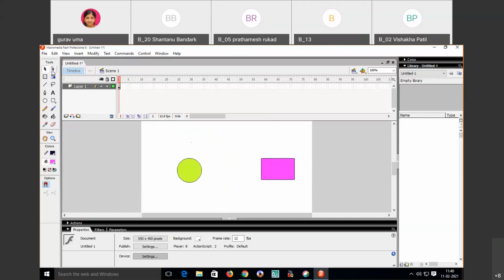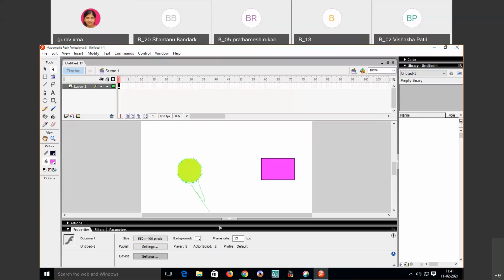Now we have the sub selection tool. We will see the sub selection tool from the toolbox. That is the second tool. The sub selection tool will change the shape of the object. When you click on the sub selection tool and then click on the object, meaning select the object, you will see green dots appear. Now click on any one green dot and you can move it wherever you want.